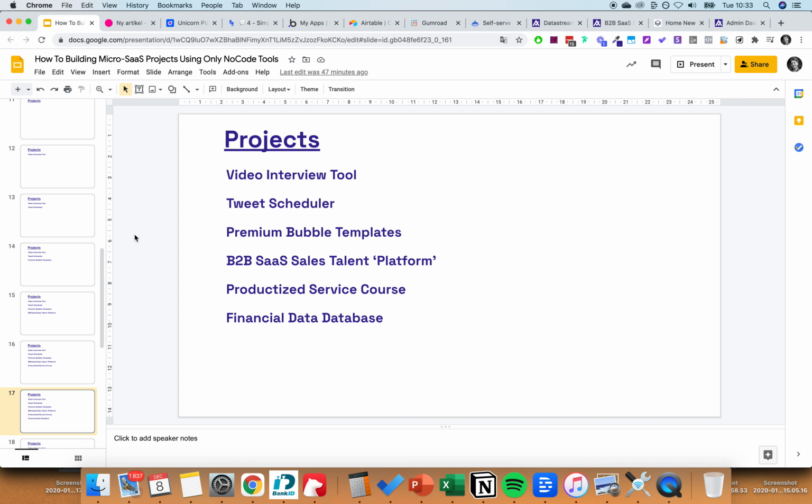And also, another interesting project that I think is very exciting as well is a financial data database. Now, I'm Swedish, and I'm lucky in that regard, in many ways actually, but one thing that Sweden does is they make all data publicly available. So all the financial data of all the corporations in the country is publicly available if you know where to look. So I have scraped all the corporations in Sweden from a certain size, and I've curated the data,